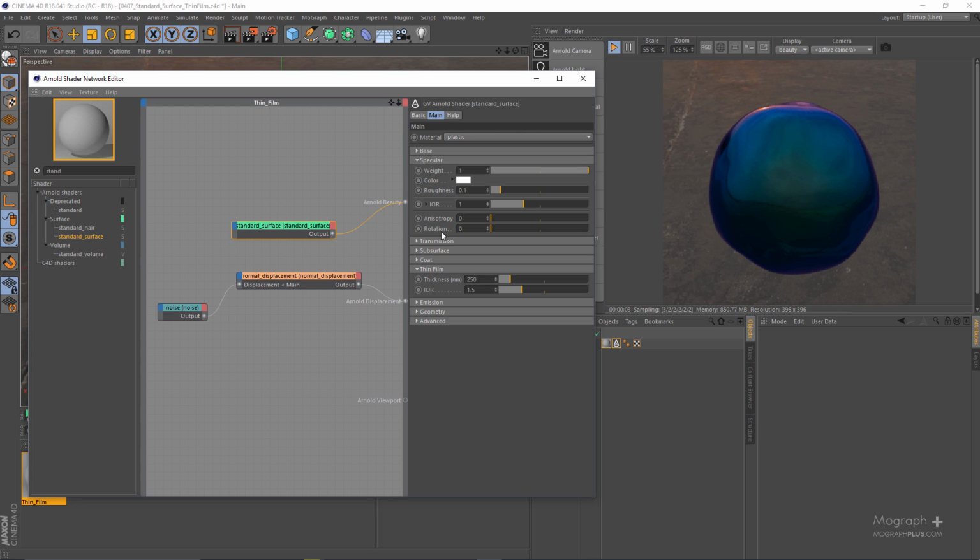Now let's take a look at the thin film parameters. We have thickness min, and this is the minimum thickness of the thin film in nanometers. Basically, the coloring of the shader and the effect depends on how thick the thin film is. So let's try 50. As you can see, we have a kind of monochromatic look. Let's go to 100, still not much of a change. Let's try maybe 150, and now we start to introduce some colors. Let's try 200,